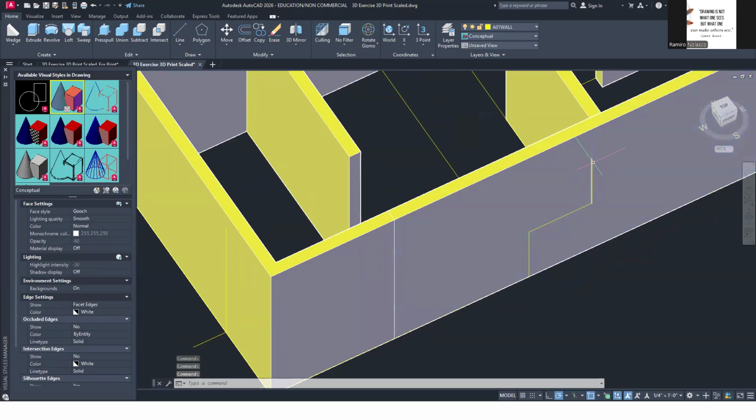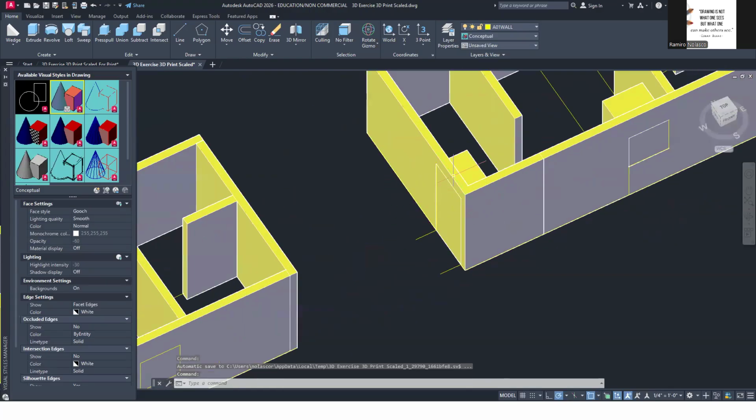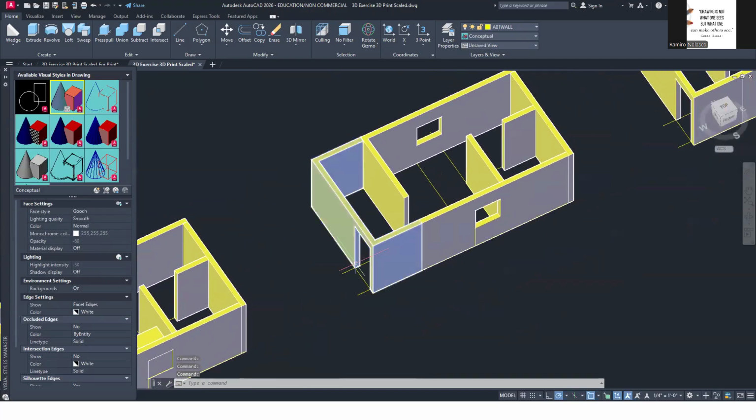Notice that's how I did this. I only need the corners so that once I get my endpoints, I can create my rectangle. Once I've created my rectangle, I extrude that rectangle, make a copy here. Once I've done that, then I can subtract.